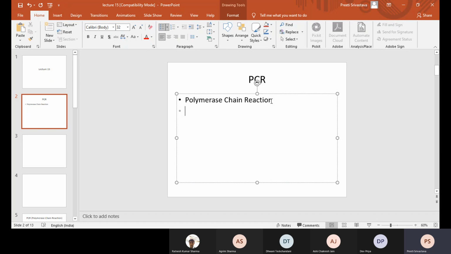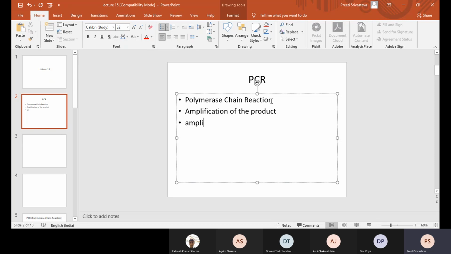Here also it's a cascade, a chain of reactions, and these result in amplification of the product.